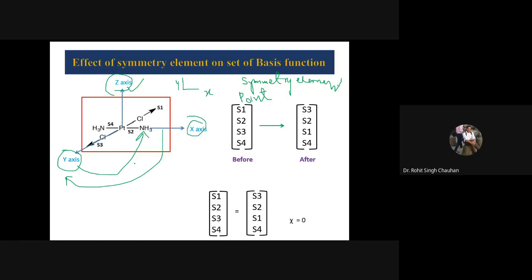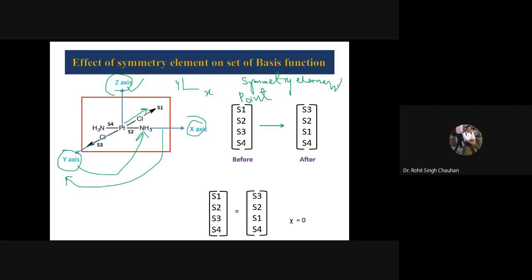Now see, to find the salt, we are supposed to name the bonds. Here, this particular bond I have framed, and this is called S1, this is S2, this is S3, this is S4. Again, you are free to take any abbreviations to notify the bond. It can be R1, R2, R3, R4. I have taken S1 for my own sake. Now see, before any symmetry element, S1 will remain S1, S2 will remain S2, S3 and S4.